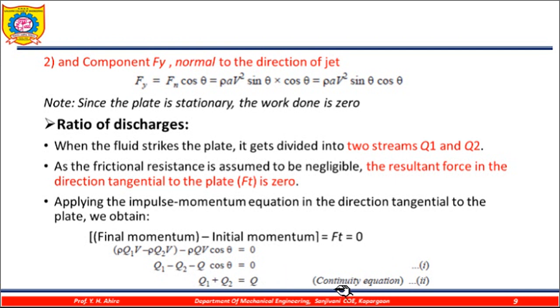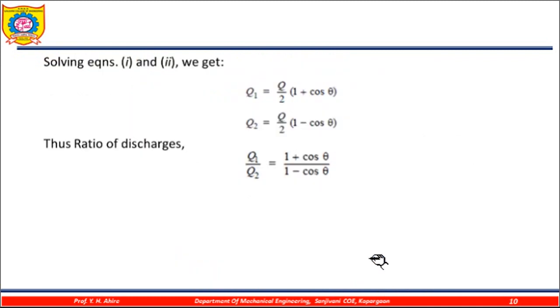Also, by the law of conservation of mass, that is the continuity equation, Q1 plus Q2 is equal to Q, because the mass of the jet is conserved in this phenomenon. Q is the discharge rate before impact, supplied by the nozzle. Q1 plus Q2 are the streams flowing along the surface of the plate, so the addition of these two must be equal to the volumetric flow rate supplied by the nozzle before the impact. So this is the continuity equation. Let us call these two equations 1 and 2. Then you have to solve them.